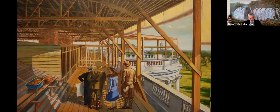It's today known as the solarium. The White House was run by the Army Corps of Engineers in those days, headed by Ulysses S. Grant, son of the president. And he's in the uniform there on the left, Mrs. Coolidge and the architects. They took the whole roof off the house and then built another temporary roof, which you can see, it's like looking inside a boat at the top of the painting there. And then they built a new roof underneath the temporary roof. So it was really, the White House has had a lot of work done to it over the years,